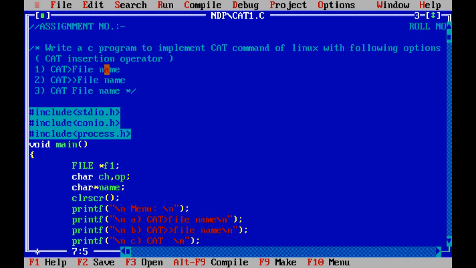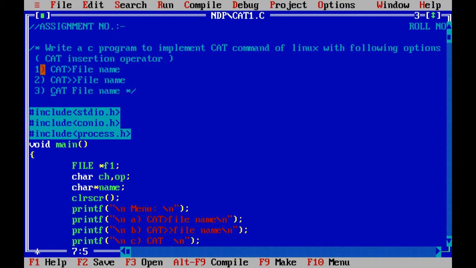So these are the three parts of the one single cat command of Linux, and we are going to implement all three parts in one single C program. I have written a menu driven program, but I'll show you the same program in parts.